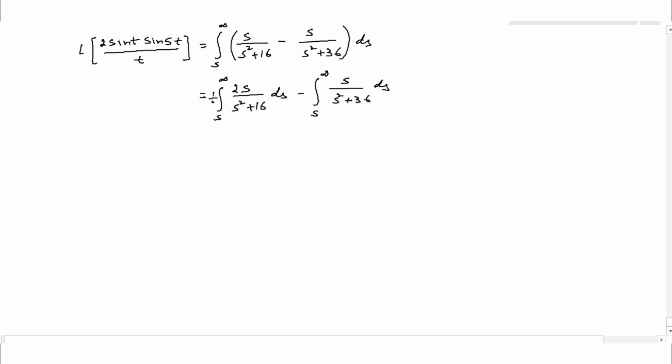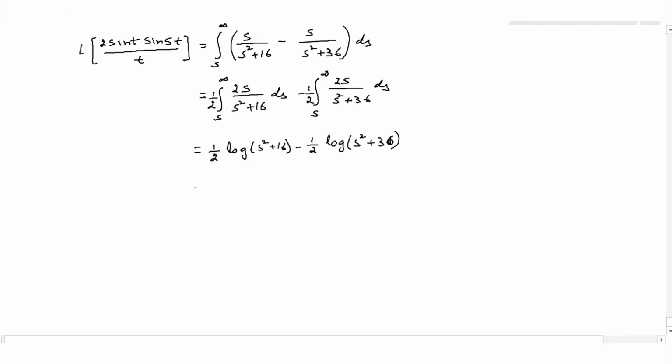Here also the same thing, multiply by 2 and divide by 2. So in that case, you will be getting the integral to be equals to half times of, you get log of s square plus 16 minus half times of log of s square plus 36. Just using the basic formula of integral of dx by x to be log of x,